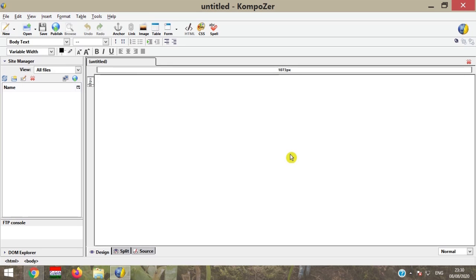Composer is a free open source web development IDE. It can be downloaded from http://www.composer.net. It provides a web page editor which has a simple graphical interface known as WYSIWYG, meaning what you see is what you get.